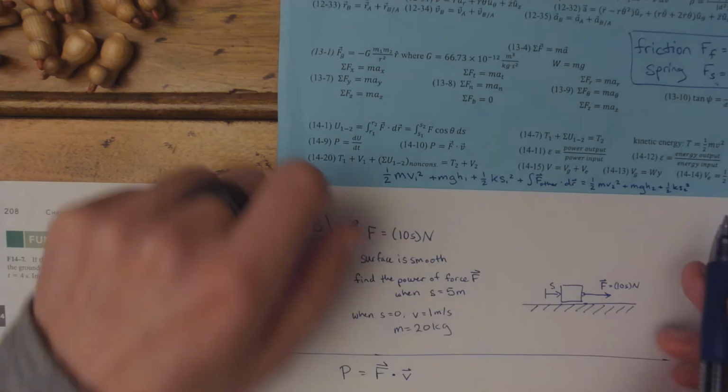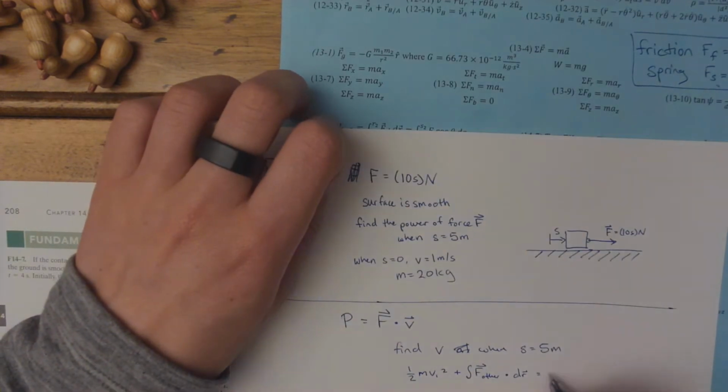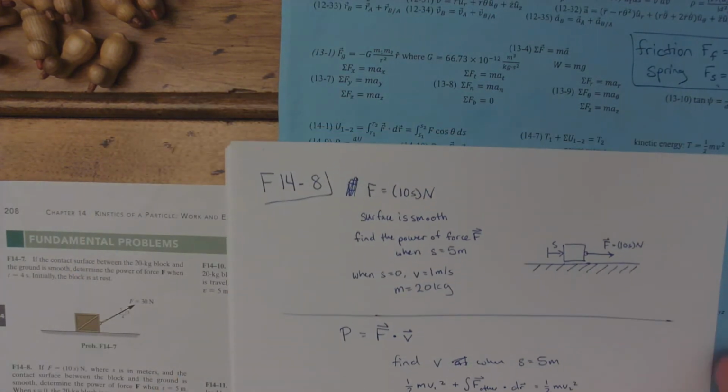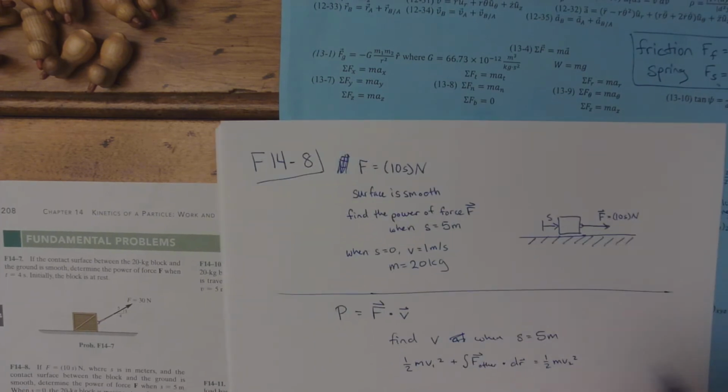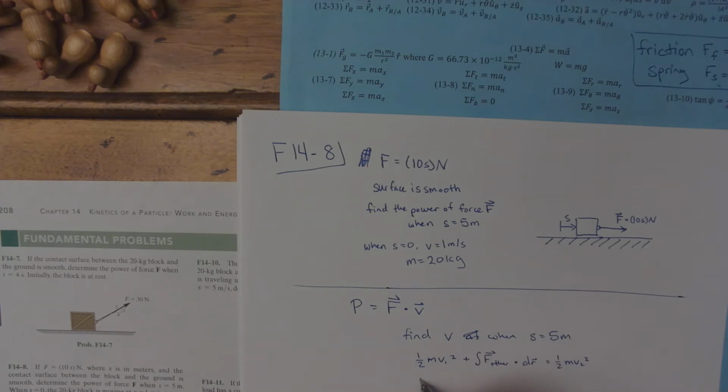There are no springs in this problem, so this equation reduces to 1/2 mv1 squared plus the integral of F other dotted with dr, and that's equal to 1/2 mv2 squared. So I know that the initial velocity is 1 meter per second, and the mass of the crate is 20 kilograms. So this is 1/2 times 20 times 1 squared, which is just 10, plus the integral